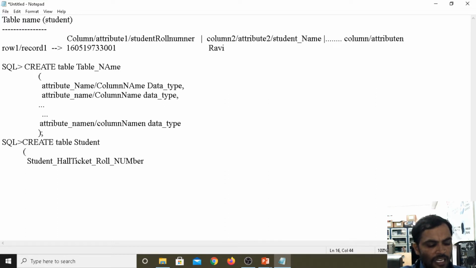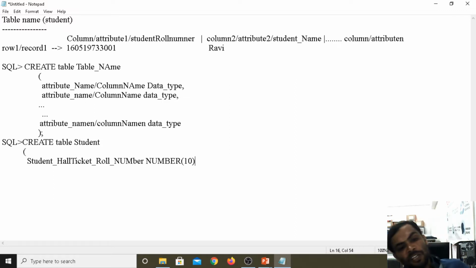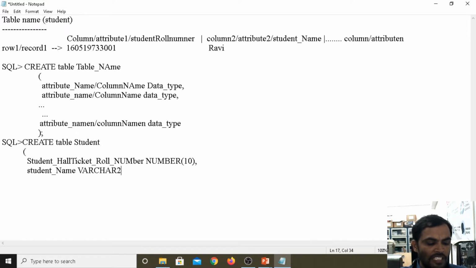Then the data type, I am giving as a number data type. Under SQL we have data types. For the number data type I am giving the range up to 10 numeric values. Then student name. For the student name I am giving varchar. Varchar is a data type. First they implemented varchar.